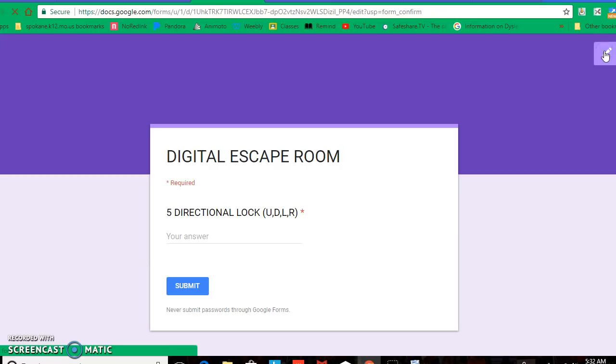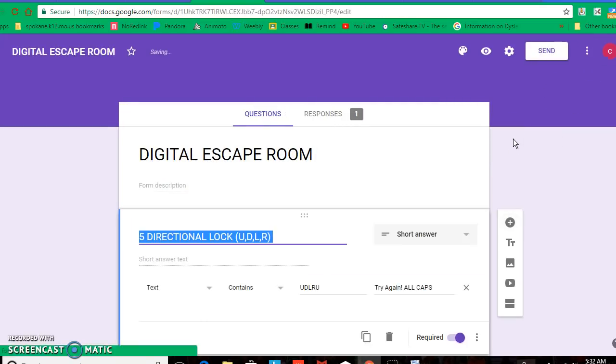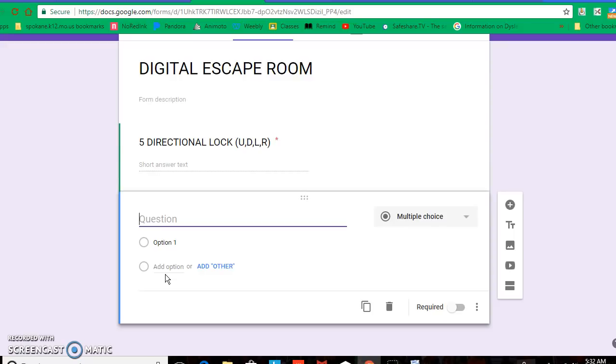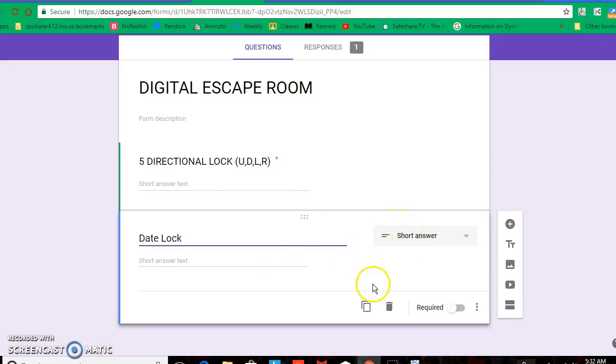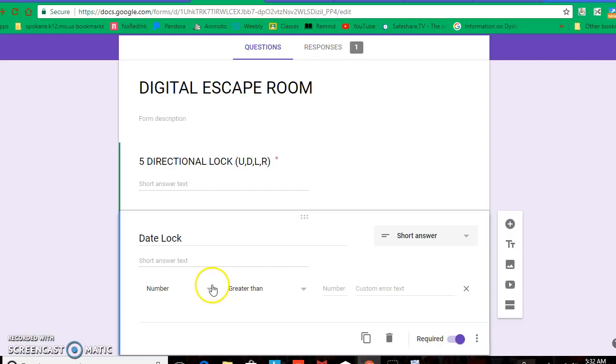But let's say we wanted to add a different type of lock. Let's go in and add another lock. This time let's do a date lock. Okay, so date lock, and then again I just switch it over to short answer. I come down and click required. That's the only way I can get to what I need, so I'm going to click on my little 3 dots, click response validation. I'm going to make this a text answer, and my answer is going to be July 4th,